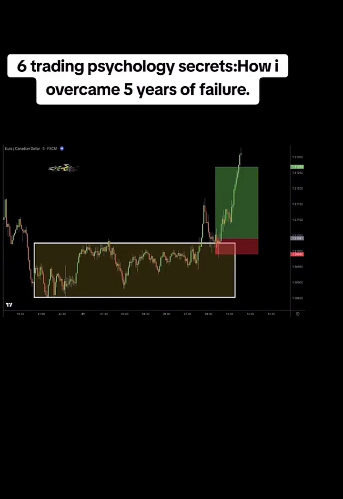The first reason is fear of loss. You might think that using a smaller stop loss will protect you from losing too much. But in reality, it ignores the natural volatility of the market, which needs room to breathe. The second reason is overconfidence in precision. You believe you can perfectly predict where the market will reverse, so you place your stop loss too close to your entry. This doesn't account for the normal movements of the market.